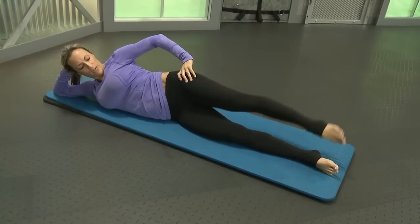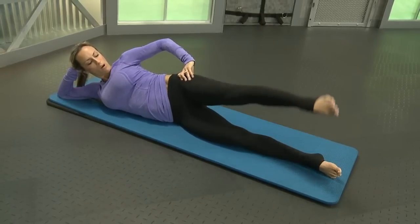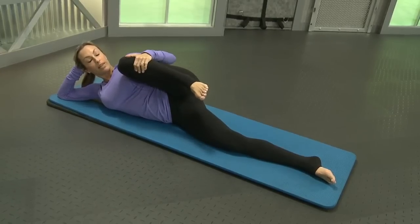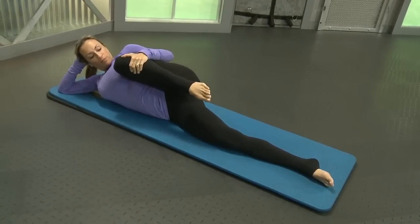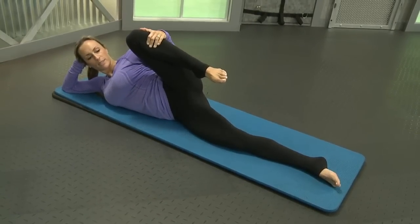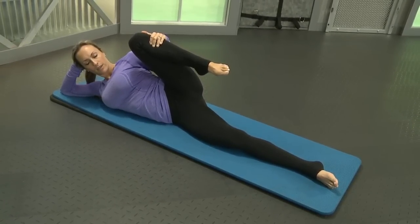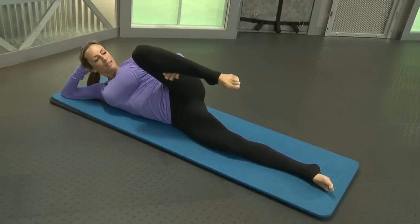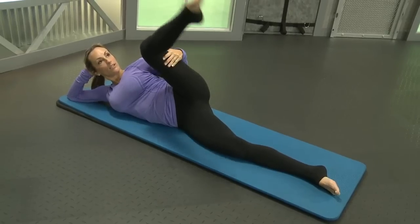4, 3, 2, 1. And bring that knee in, relax. Big deep breath, pull it. Now pull it out to the side a little bit, hold it. And back down. All right, take that hand behind your knee and straighten it up